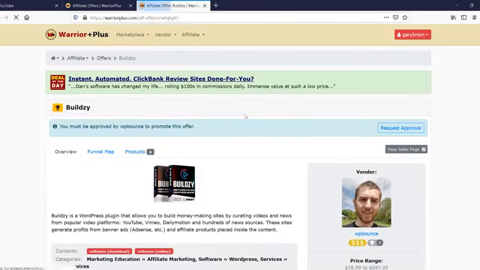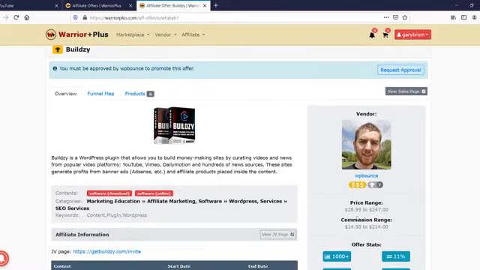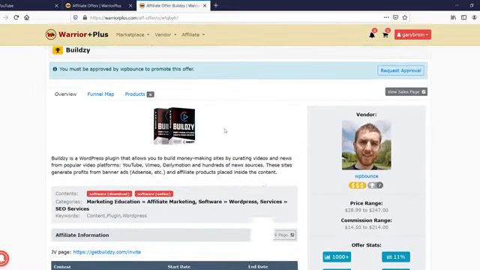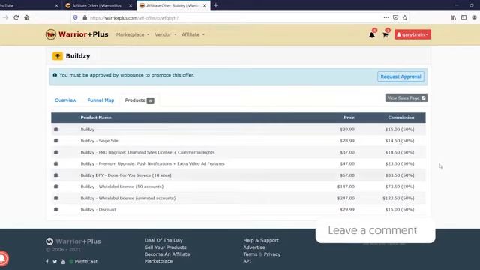What you can do is simply go to the product page, so the vendor page. So on here, let's go to products and we can then see how much money we can make. So per sale for the standard version, we're going to earn $15, all right? So you simply want to check out the commissions, and once you found a product, you want to get that